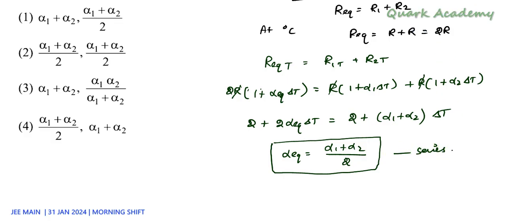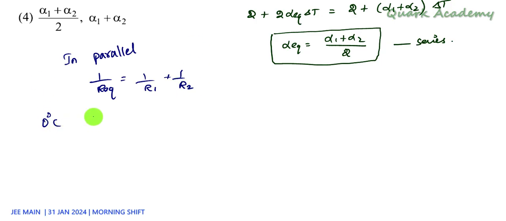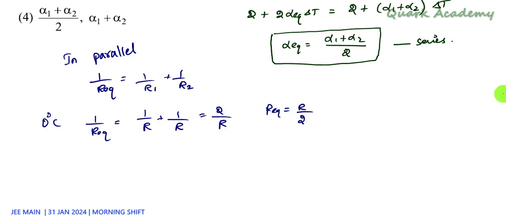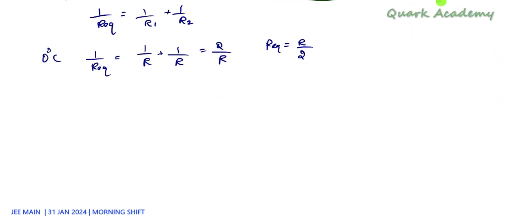Now let's do the same thing for parallel. In parallel, for the equivalent resistance, we have to take the reciprocals and then add them. So at 0 degrees Celsius, this R equivalent is going to be 1 by R plus 1 by R, which is equal to 2 by R. So the R equivalent is going to be R by 2. Now let's write the same equation in parallel form. So it is going to be R by 2, 1 plus alpha equivalent into delta T, which is equal to